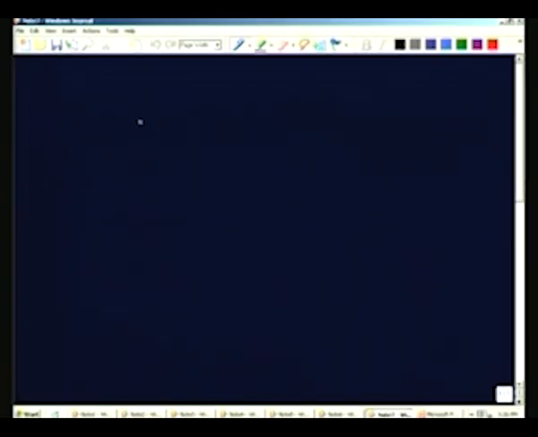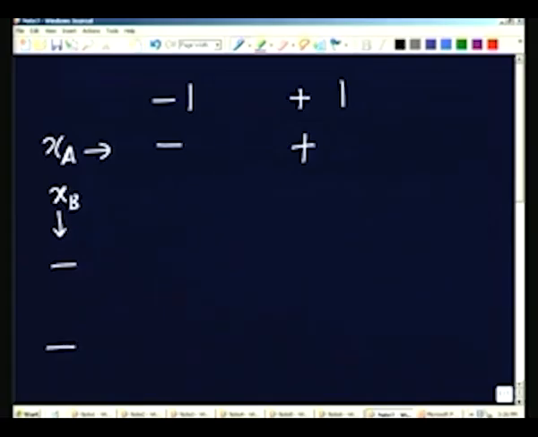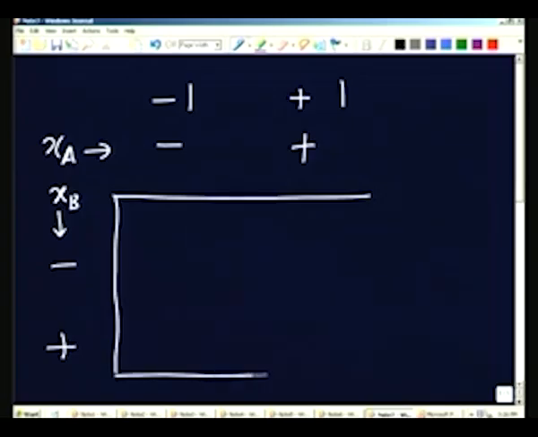So, I have -1, +1, or in the terminology I am going to just say minus and plus for the speed of the machine, this is xa. I am going to write xb here, minus and plus, and the surface finish obtained is given in the form of a table with 4 entries,